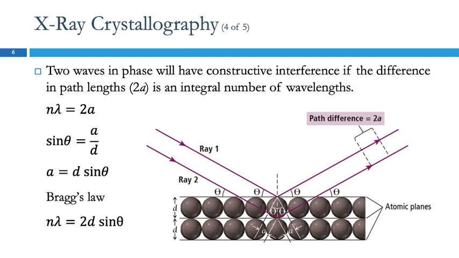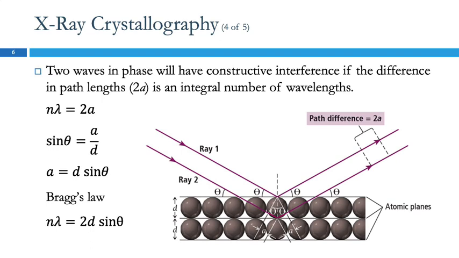So this is the idea behind this. If we have two rays coming in that are in phase, and let's say this ray bounces off this layer of atoms, and this ray bounces off the second layer of atoms, this ray has traveled farther than ray 1, and that distance is this little bit here plus that little bit there. So this is called A, and that is A, and so the path difference between these two rays is 2A. If that distance is,